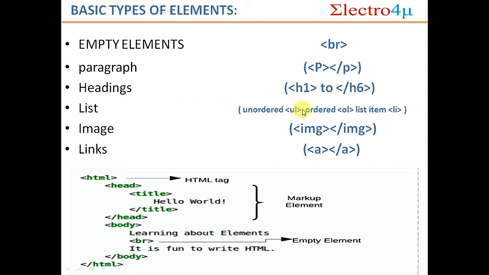List. List is of three types: unordered list, ordered list, and list item. After that, you understood what is an image and how to create an image with the A tag. That is called A. It is called links. Under links we create image. Okay. How to create an image? By inserting an image from your browser, from your folder and those things. So that is a simple HTML tag that I taught in the last lecture.